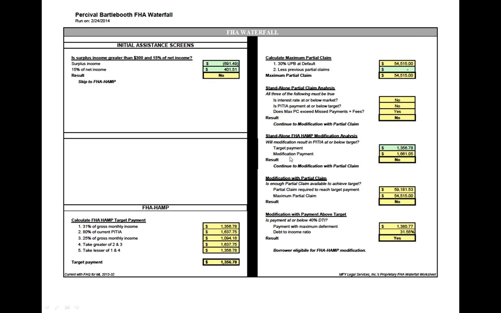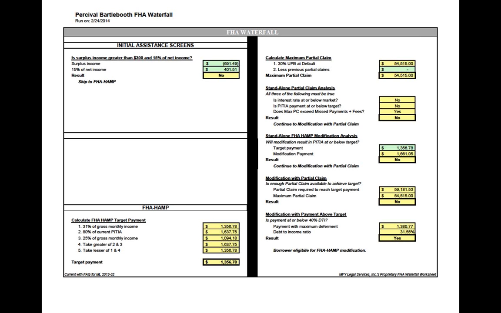So we look at whether or not they're eligible for a standalone FHA HAMP modification. So the target payment is about $1,357. And if you took this borrower's capitalized unpaid principal balance and amortized it at the market rate over 30 years, and then added taxes, insurance, FHA insurance, you'd get a payment of $1,660 and a little bit more. So obviously, the modification payment is not at or below the target,